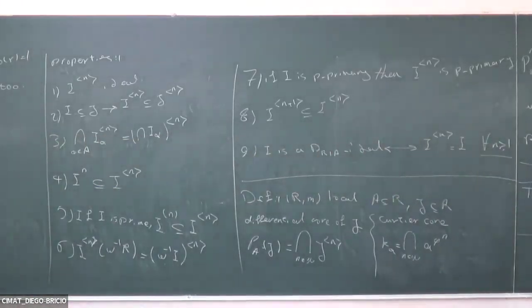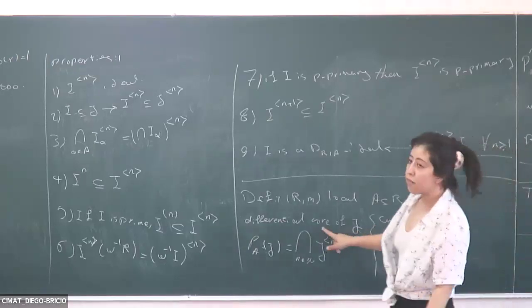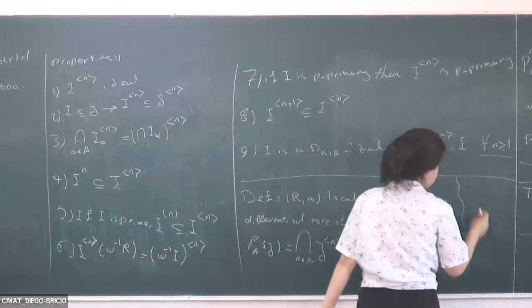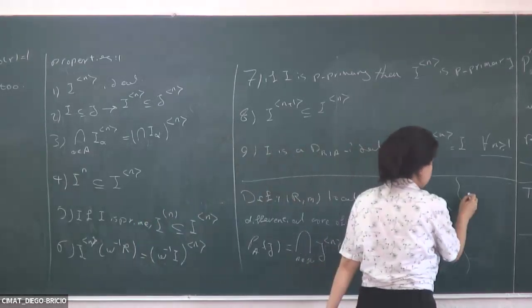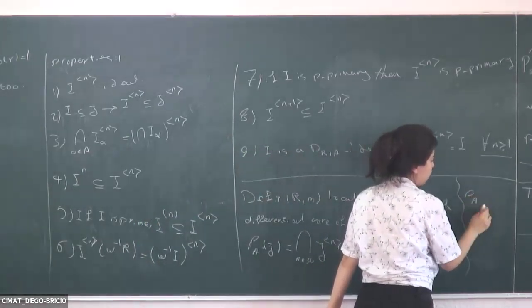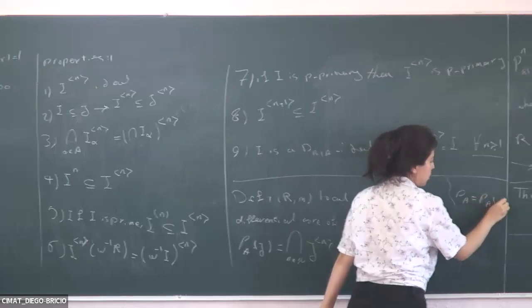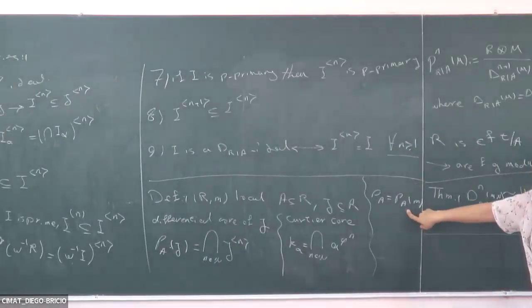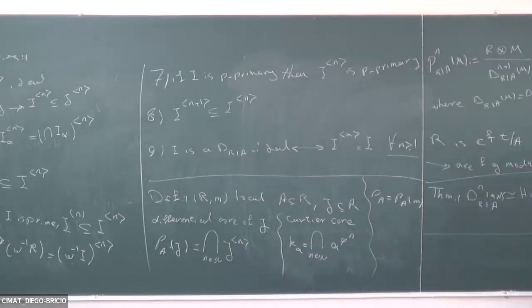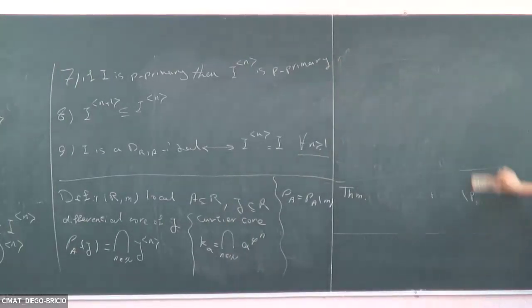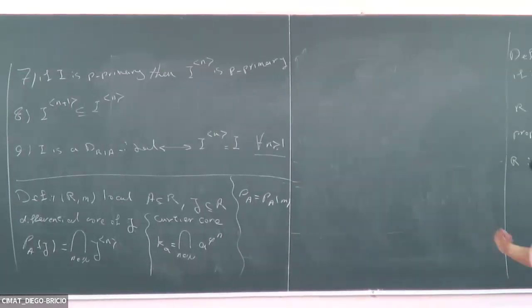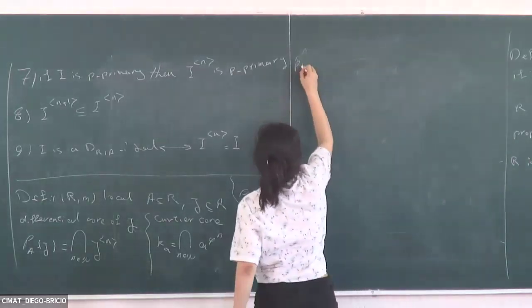I have a little question. For the definition, you don't need R to be local, right? But this is the differential core of J, and we should also talk about the differential core of R itself. So in this case, the differential core of R is equal to this. We mentioned that this is the maximal value. That would be the analog of the splitting prime or the local prime.